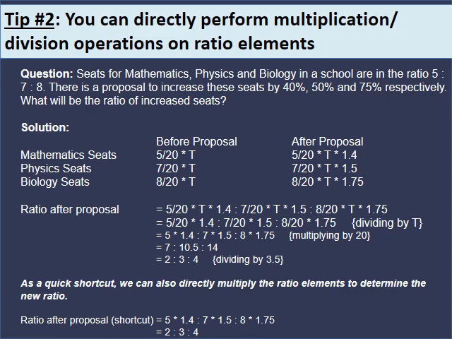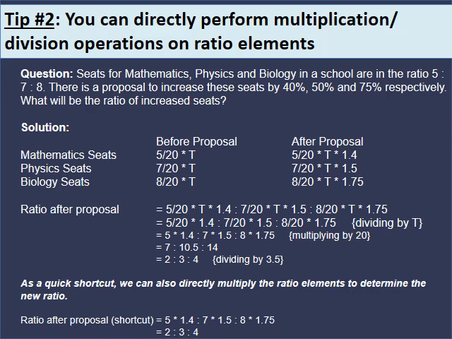The number of biology seats before the proposal are 8 upon 20 into T, and after proposal are 8 upon 20 into T into 1.75. The ratio thus after proposal becomes 5 upon 20 into T into 1.4 is to 7 upon 20 into T into 1.5 is to 8 upon 20 into T into 1.75,